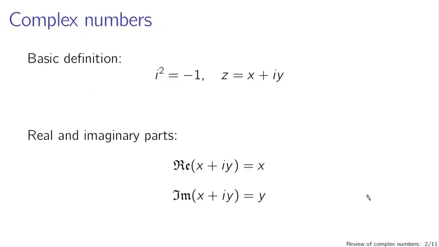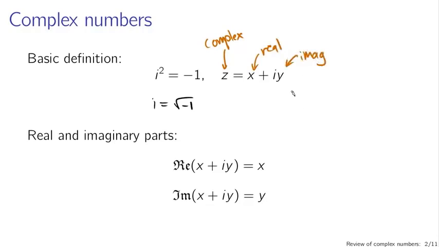Here's what I think you absolutely need to know to understand quantum mechanics from the perspective of complex analysis. First of all, there's the basic definition: i squared is equal to -1, which you can think of also as i equals the square root of -1. In general, a complex number z can be written as the sum of a purely real part, x, and a purely imaginary part, i